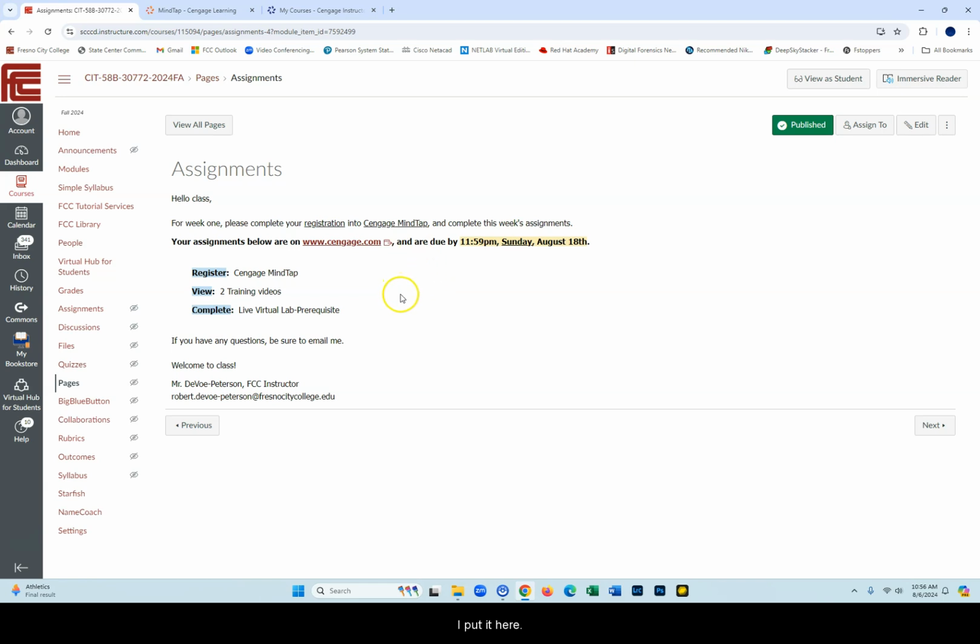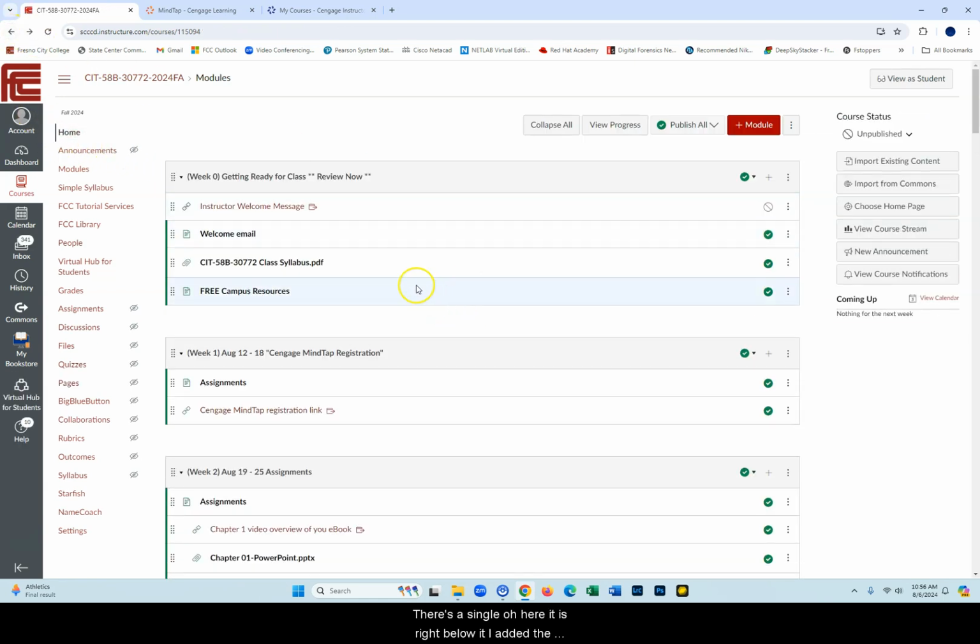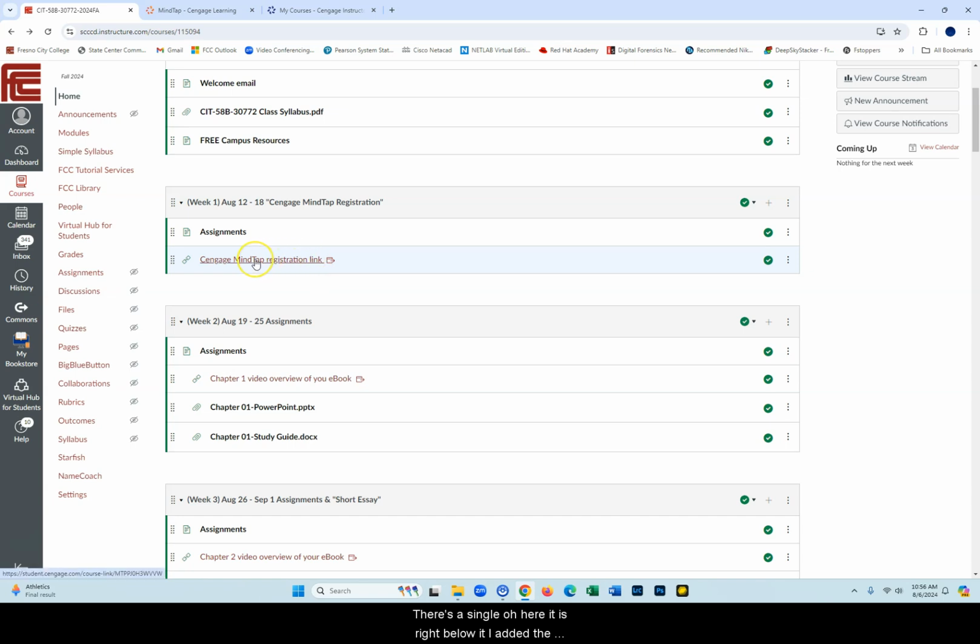Did I put it here? Registration. Nope, I did not. Where did I put it? Hold on. There's a Cengage. Oh, here it is, right below it. I added the Cengage MindTap registration link here also. That's in the syllabus on page 5. It's the same link. You'll click and you'll go to